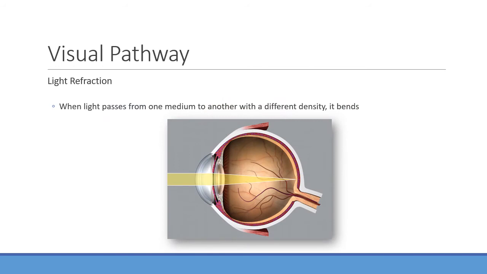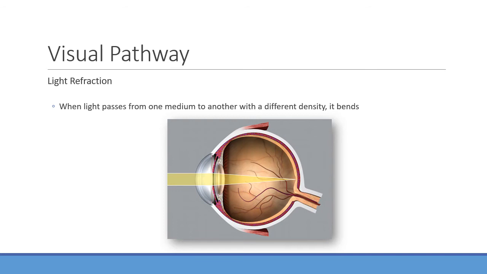All right. So light refraction. What is light refraction? It's changing how the light is being focused, essentially. When light is passing from one medium to another, especially with things of different density, you're going to find that it bends. So when the light comes through and passes through the cornea and then the lens, there are going to be little changes to it because it's going through different densities, and it's going to bend a little differently.